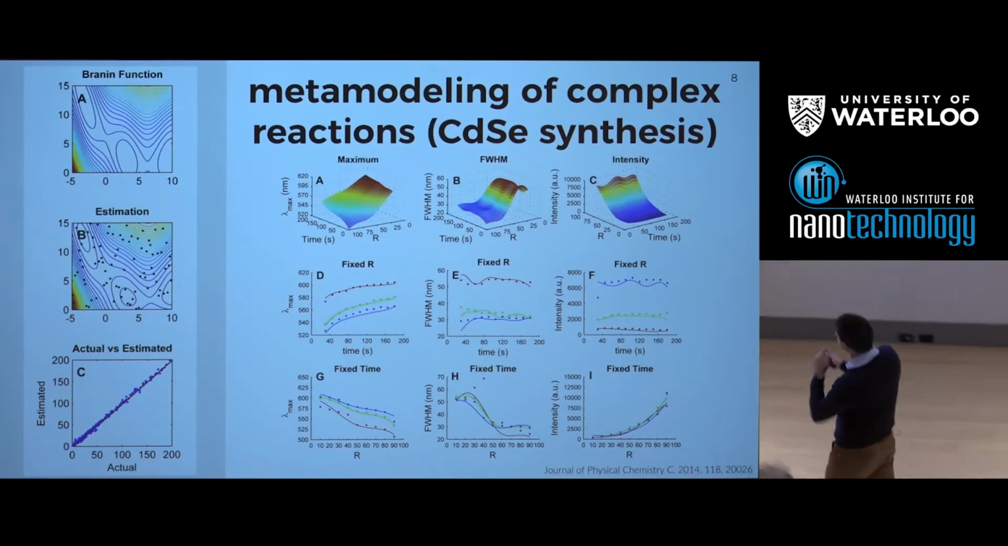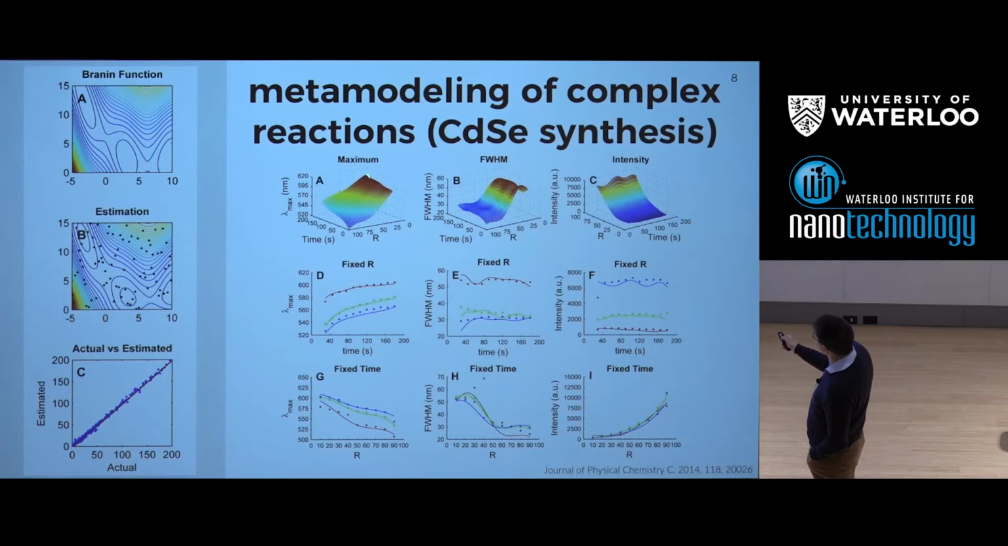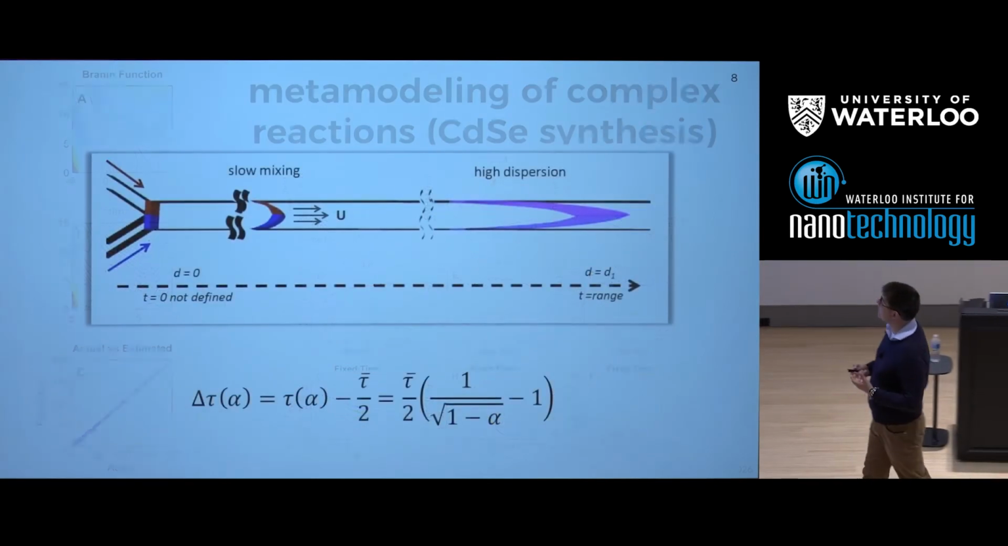And just to give you some examples here, you can see data for the maximum, the full width half maximum, that's the width of our band edge emission, and the intensity. If you just look at all these plots here, the basic idea is: how well do the dots correspond to the lines? And you can see that for most of these experiments, we've been able to quite nicely model that parameter space. So the basic idea here is that we combine very nice